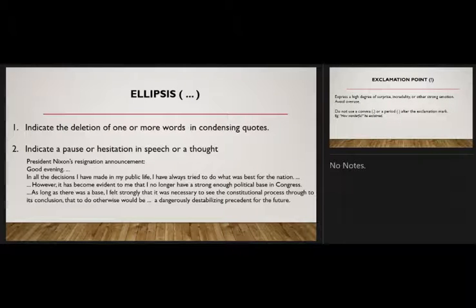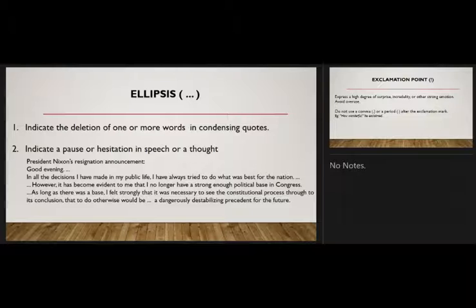The next one is ellipses. First, it's used to indicate the deletion of one or more words in a condensed clause. Second, it's used to indicate a pause or hesitation in speech or a thought, like the following example, President Nixon's